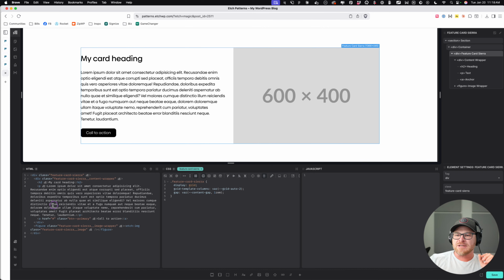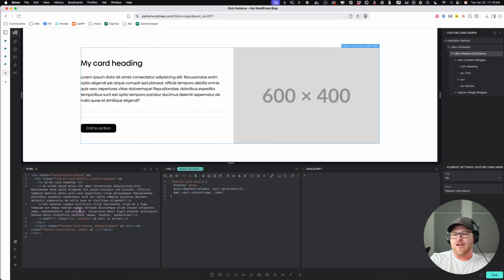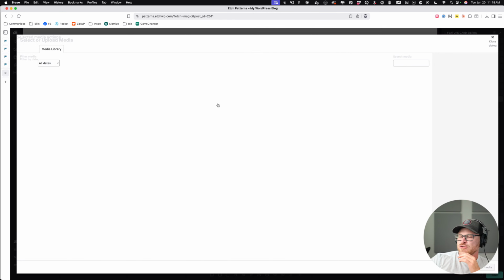Let's split this, because these are some long sentences. I think the original has two paragraphs in it, right? So we'll throw another one in. Okay, that's looking pretty good. I'm going to choose